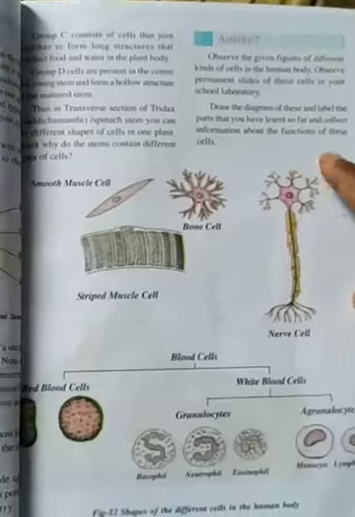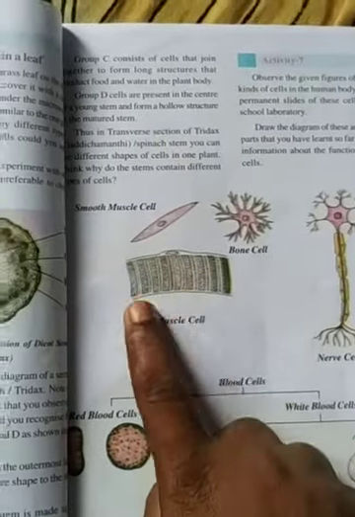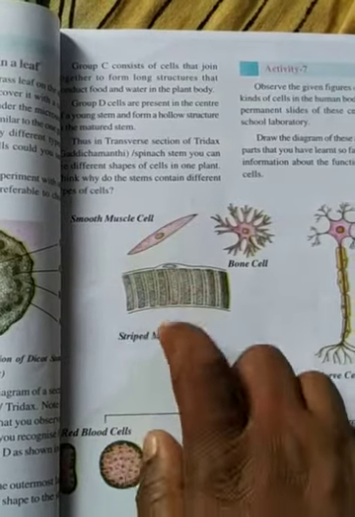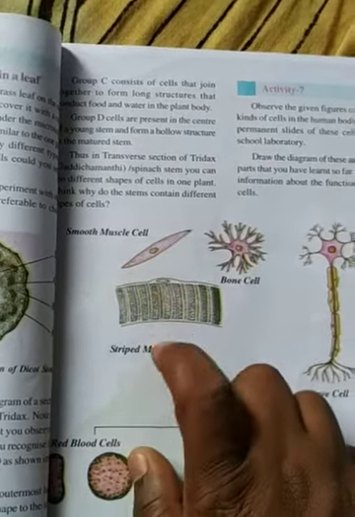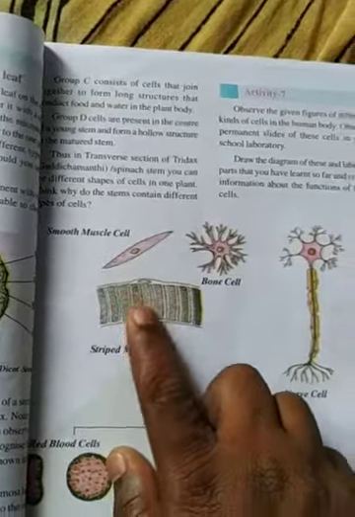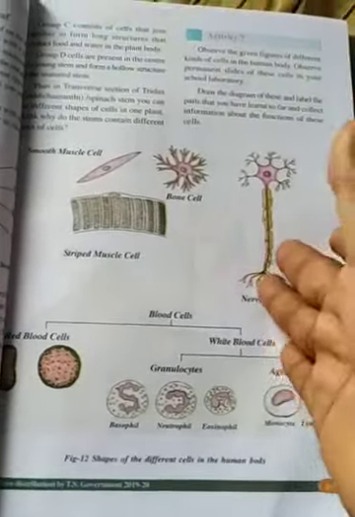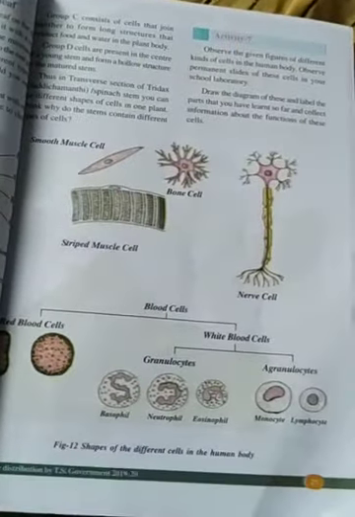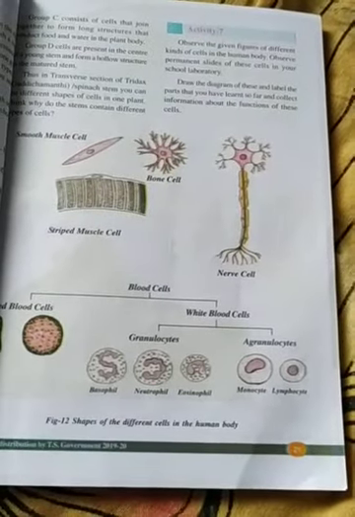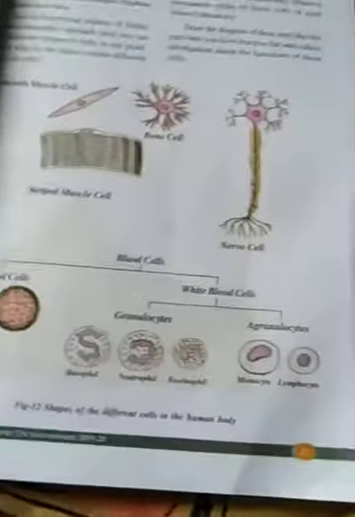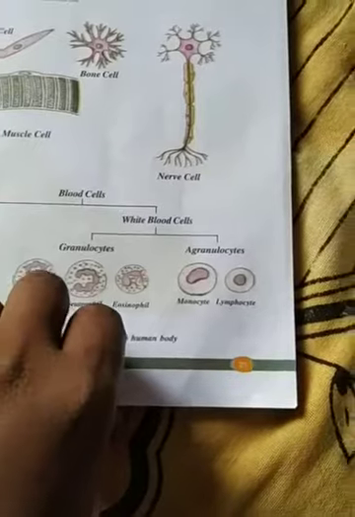Understood, children? Clear? When you see the muscle cells, why are these striped muscles like this? Why are smooth muscles like this? Because of their function, because they help in movement. So why are these blood cells round in structure? Why not like a nerve cell? Because these blood cells are important in transferring oxygen, carbon dioxide and energy. When they are small and round like this, they can be easily transferred from one part to the other part.